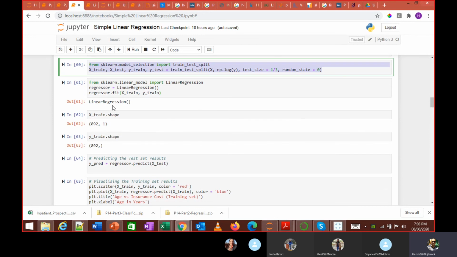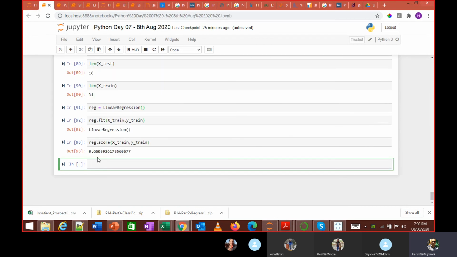So I fit the model using this, but I will predict the value of this y. I can predict the value of y train, but I will use the same model to predict the value for x test rather.